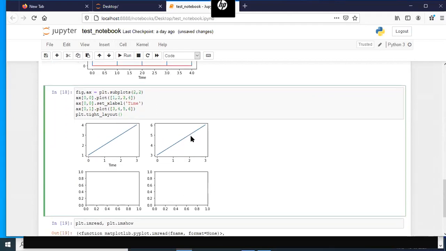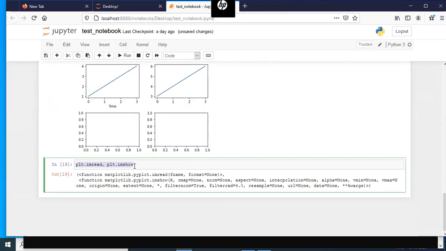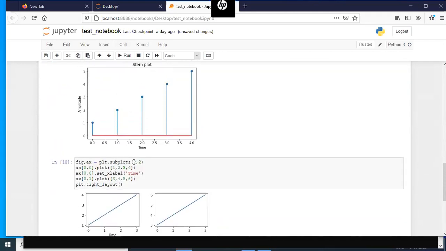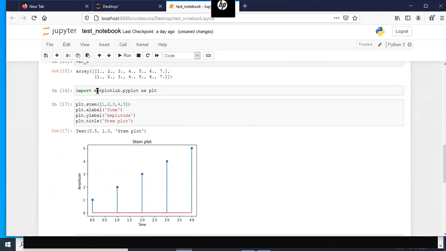Now, if you want to save a figure, there is just a simple command. It's called plt.savefig. If you have imported matplotlib.pyplot as plt, make sure that you have written .pyplot after matplotlib. This plt itself can be anything else too, whatever you want, but it should not be a keyword that Python already associates with something else.